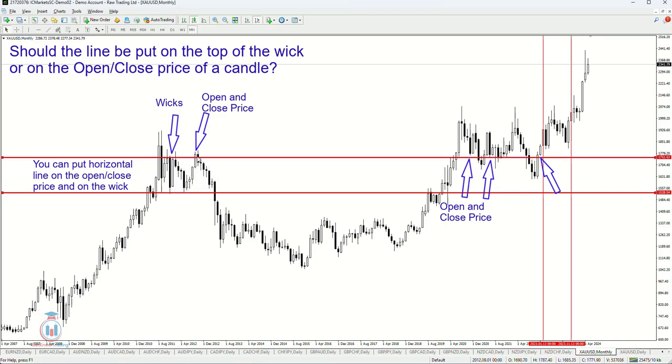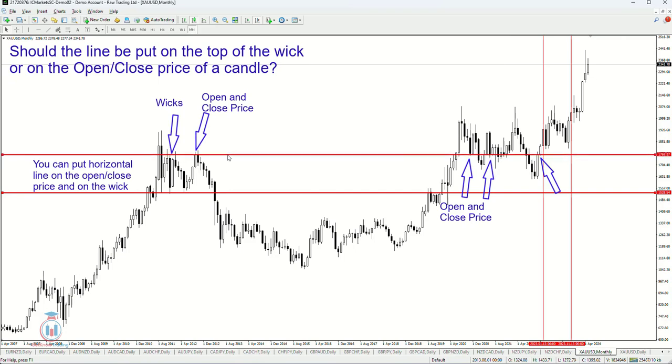Then you can see here the price is not touching the open and close. And also if you take a look here on this price level, the price is not touching the open and close, and also not touching the wicks. And in this case the price is touching, here is the wick, but here is the wick, and here it is the open and close of the price. Here is the wick. So you cannot always correctly draw a horizontal line precisely on the open and close. Sometimes you will touch the wicks and sometimes you will touch open and close price, but usually the goal is to catch most of the same